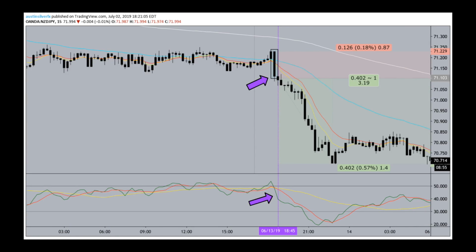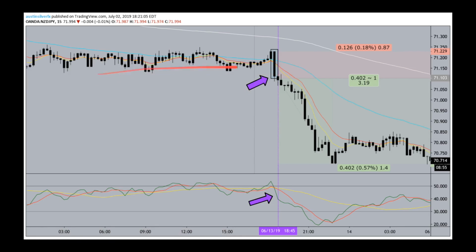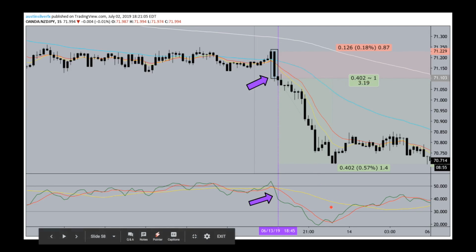Here's another example on NZDJPY. This is during the Asian session. This one is a powerful shift off the 50 through the 21. It actually breaks past yesterday's low really nicely because you can see the day before was pretty choppy, pretty sideways. Multiple hits to that low of day, 71.15. This candle ends up pushing down to 71.10, breaking that level by 5 pips